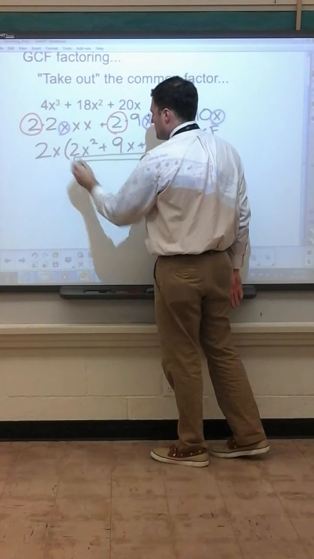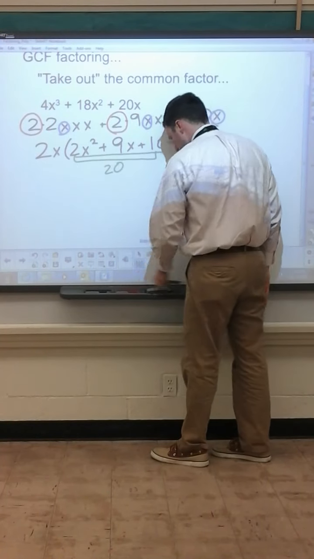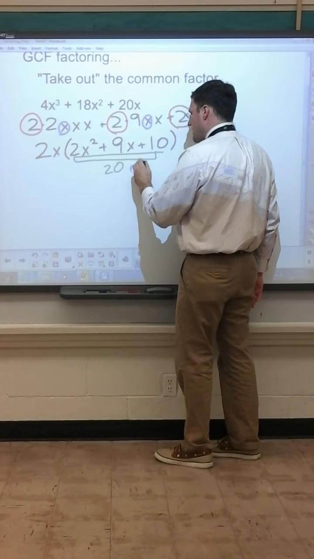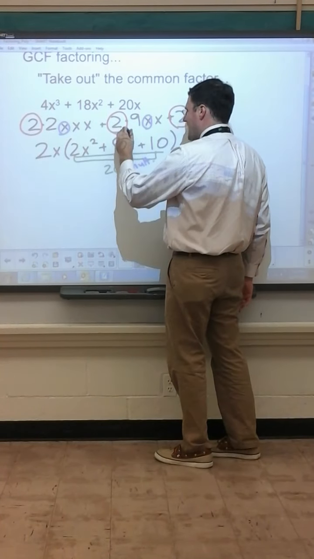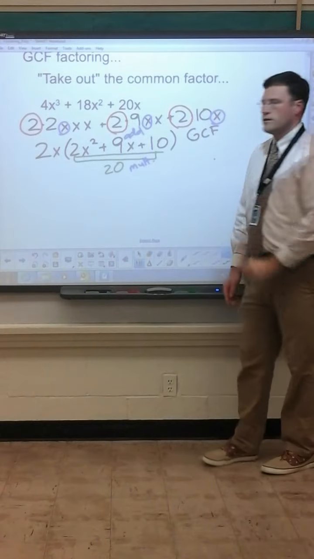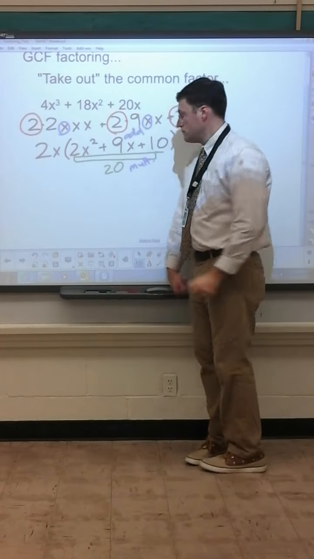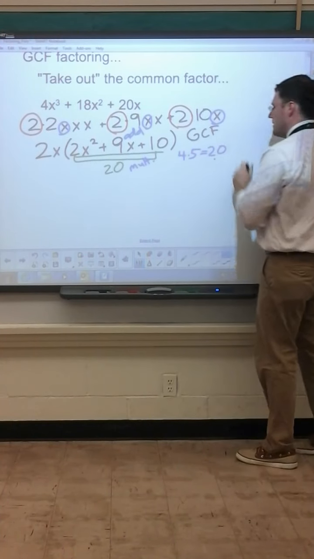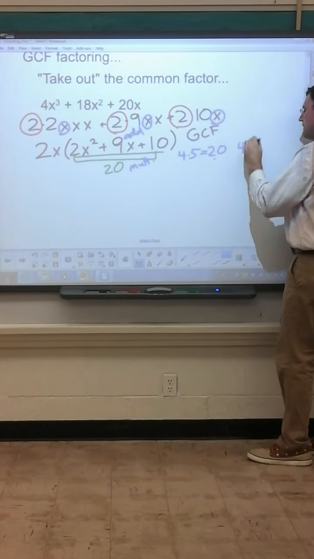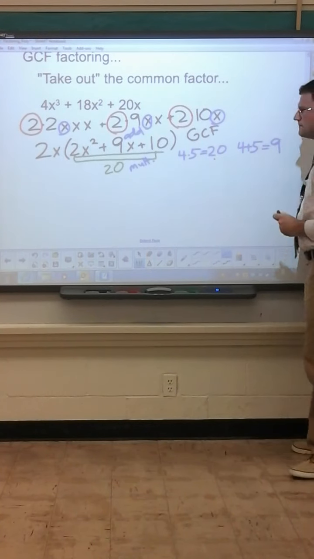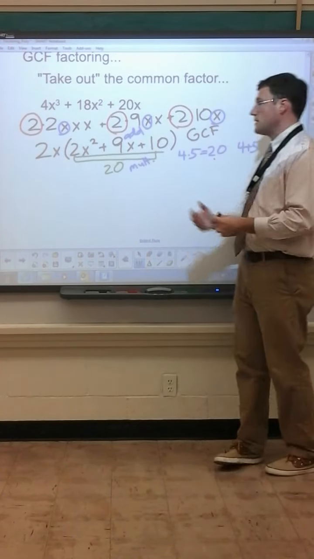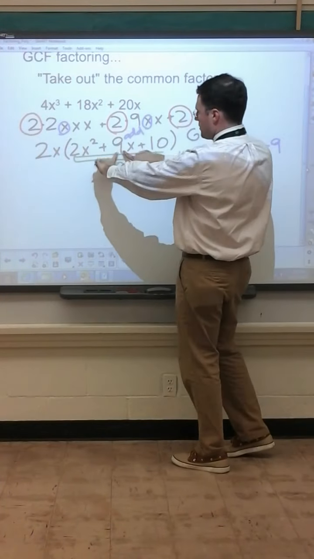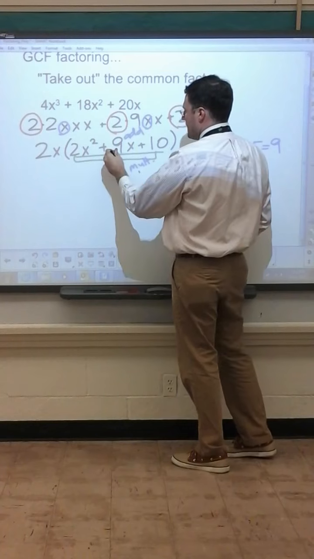Again, I have 10 times 2 is 20. We ask ourselves, what two numbers multiply to get 20 and add to get 9? Okay? If I think real hard, well, 4 times 5 equals 20, and 4 plus 5 equals 9. Okay? So what that tells me to do is I can partition or divide up this 9 into,